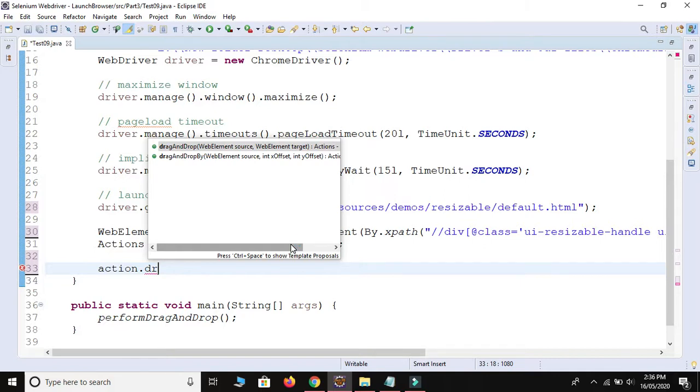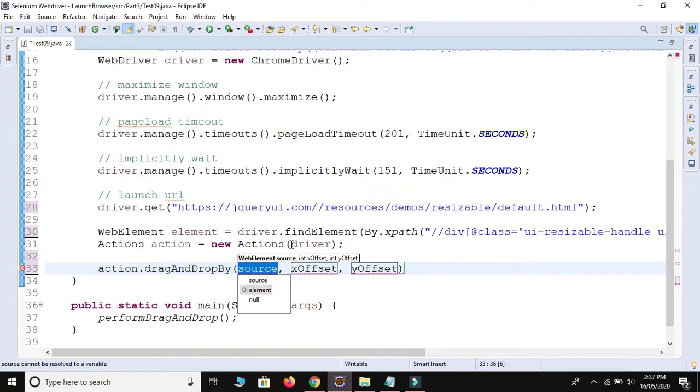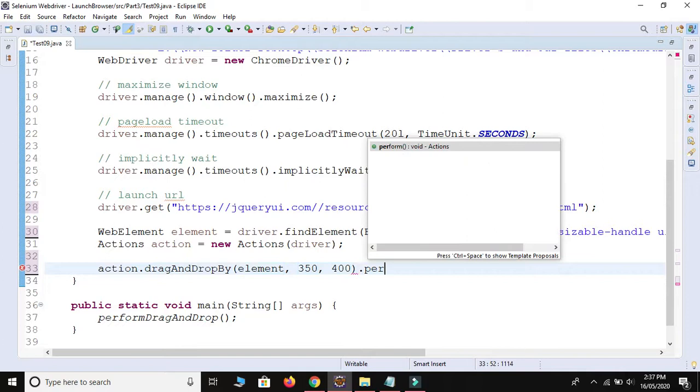Better to use this method, dragAndDropBy, which means we need to provide our element also. So we use dragAndDropBy on this element. We change the location; we provide approx 350 for x-axis and 400 for y-axis. Then the perform method.